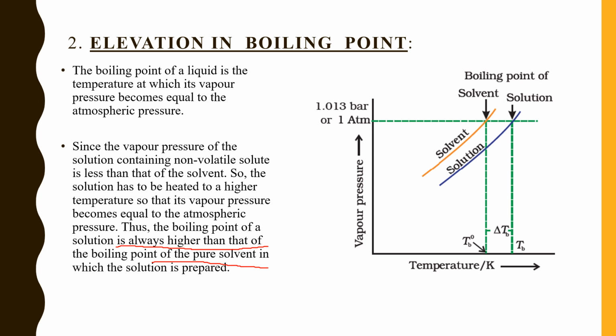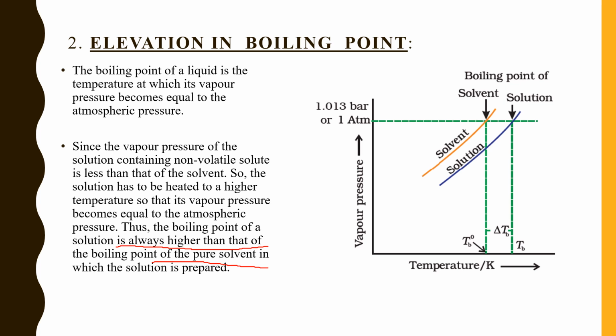This can further be seen by a graph, that if we plot the graph between vapor pressure and temperature. So initially we are talking that the vapor pressure of pure solvent, if we are talking about pure solvent, so the vapor pressure of pure solvent is higher, always higher, because only solvent is present in that condition, so vapor pressure of solvent is also always higher. But as we form a solution on mixing a non-volatile solute to that solvent, ठीक है, जो सॉल्वेंट था जिसका वेपर प्रेशर बहुत हाई था, अगर उसी सॉल्वेंट में हम नॉन वॉलेटाइल सॉल्यूट को ऐड करें और हम सॉल्यूशन बना रहे हैं, तो सॉल्यूशन का जो वेपर प्रेशर होगा वो क्या करेगा, डिक्रीज करेगा।